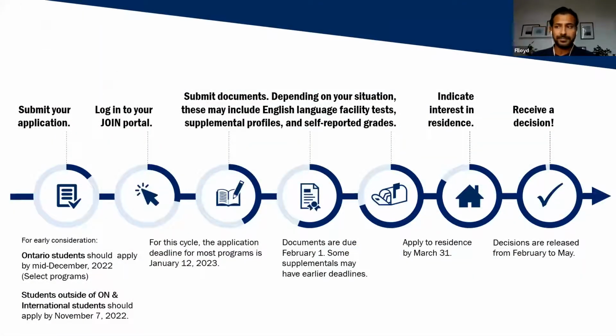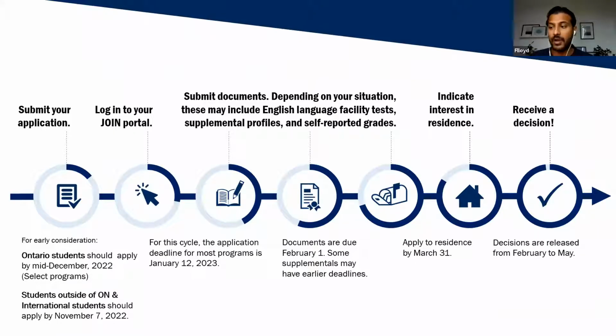Speaking of your grade 12 year, here is a quick timeline of what your year is going to look like. So Ontario students who are hoping to apply a little bit earlier, applying in early December and submitting your supplementary applications in mid-December would be perfectly okay. I know I saw some questions about early application. Again, you have to wait for your PIN. Ontario students have to wait for a PIN from their school to start the application, and those are distributed at the latest by late November. So you should have them in time to submit in December.